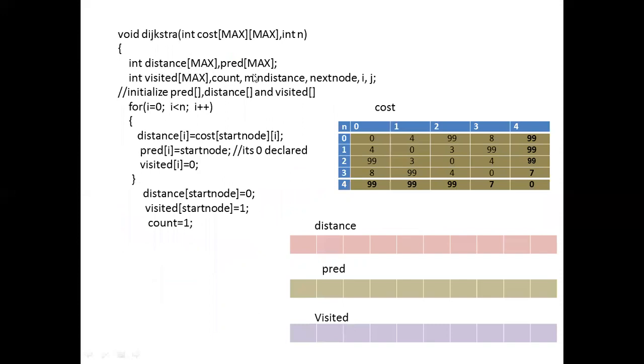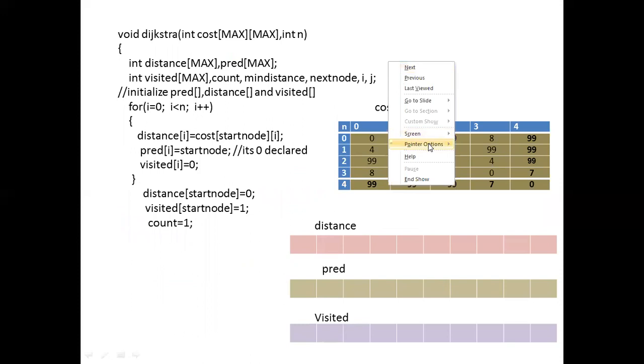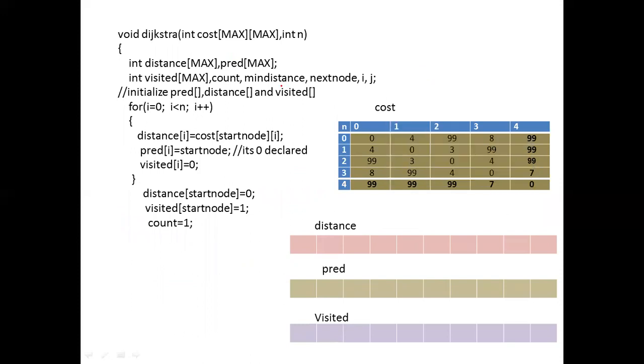First, I'm using some extra variables to perform the shortest distance. What variables am I going to use? One array variable I'm going to choose is distance. Here you can observe distance[max]. Once I declare it like this, the compiler will preserve an array named distance. It is going to preserve 10 memory locations. Similarly, next there is another array variable that is predefined, pred[max]. It is also going to preserve 10 continuous memory locations.